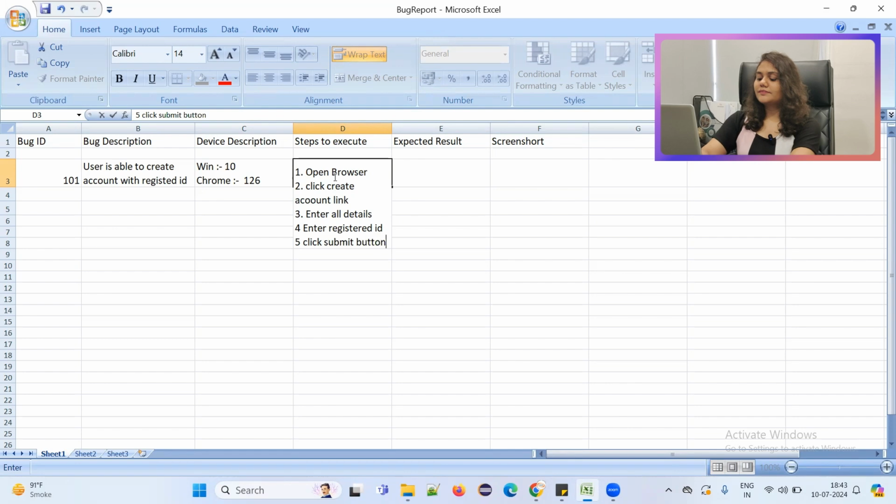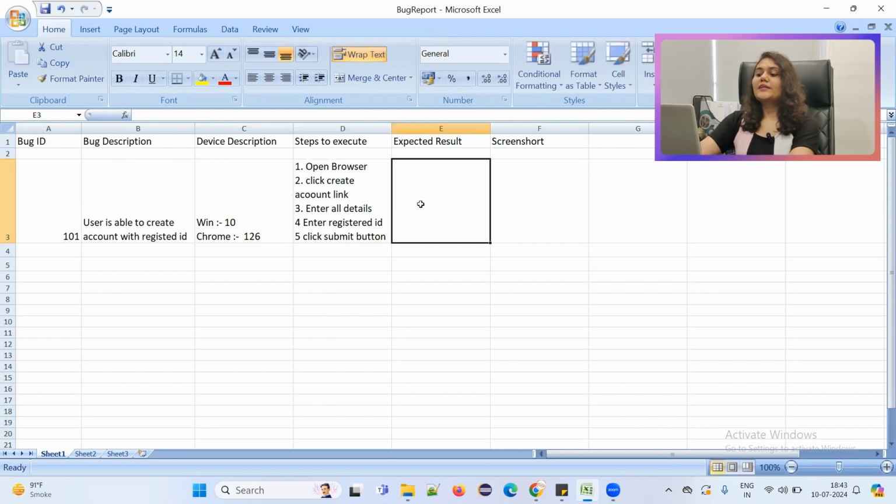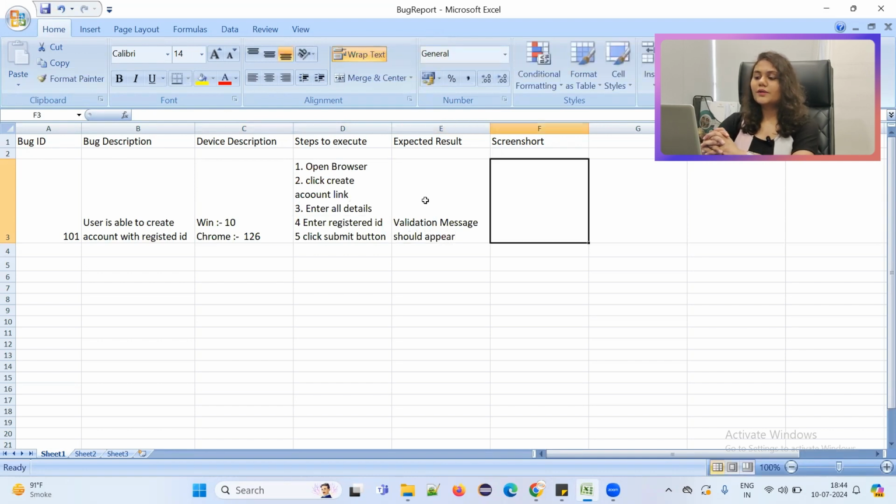Now the expected result will be: if you are trying to enter with a registered ID, definitely your expected result is that a validation message should appear. So expected result is about what you wanted, and that you have to mention in expected result.